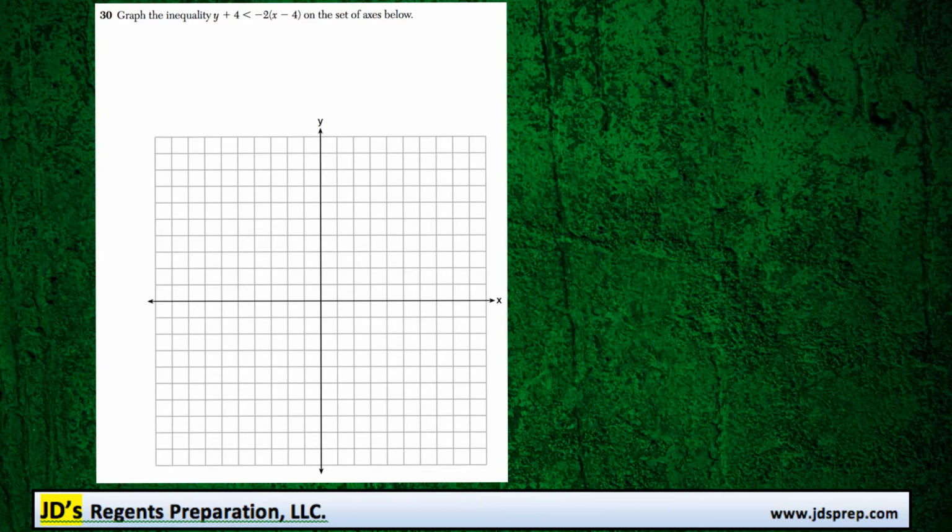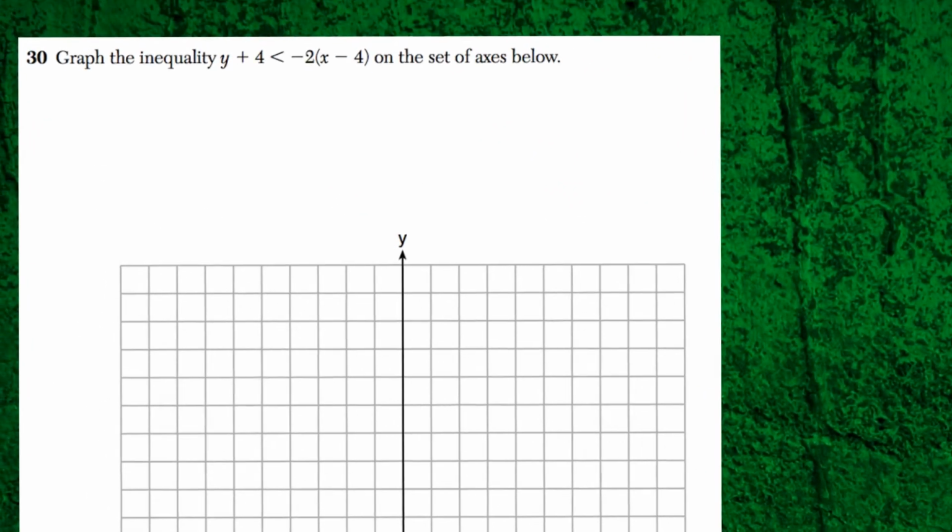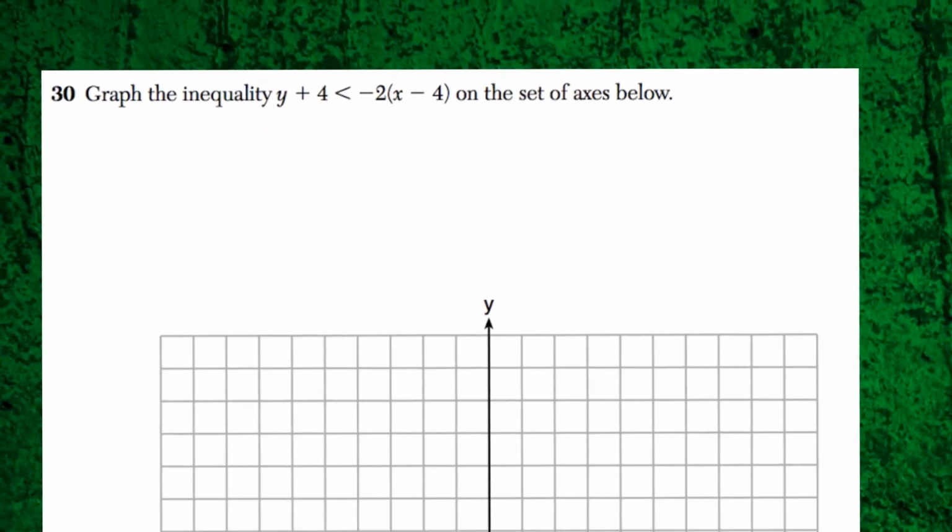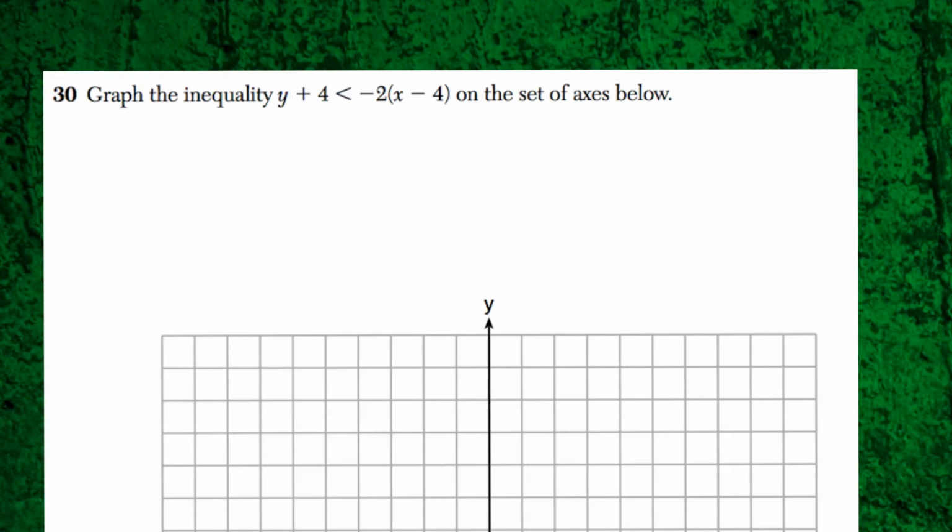Now, the first thing you're going to want to do is to isolate the variable y. So I'm going to go ahead and do that first. And that's fairly simple to do. I'm just going to take away 4 from both sides. Okay, and then we'll get y is less than negative 2 times x minus 4